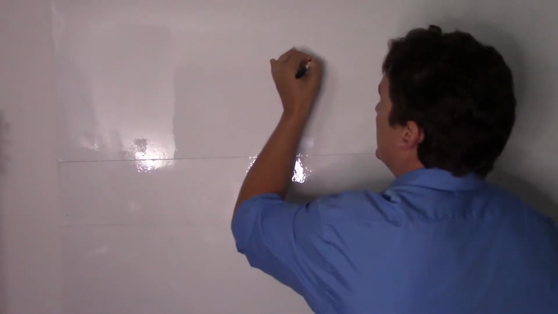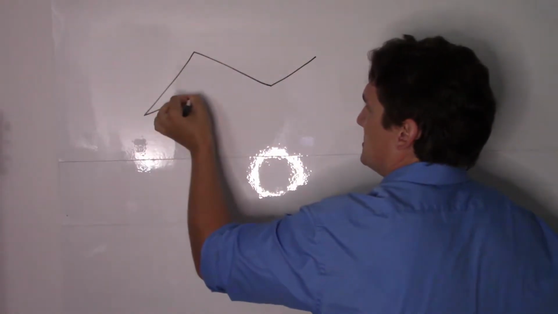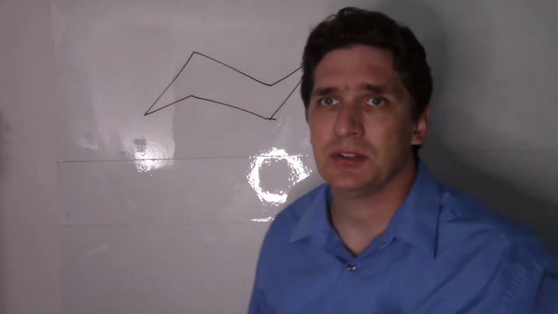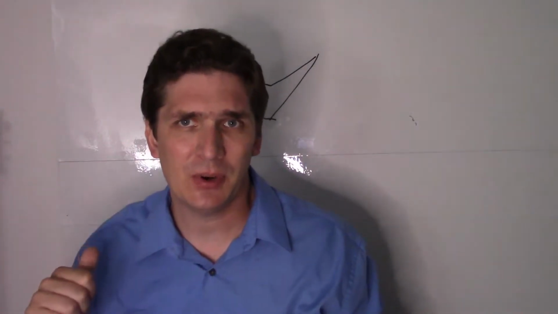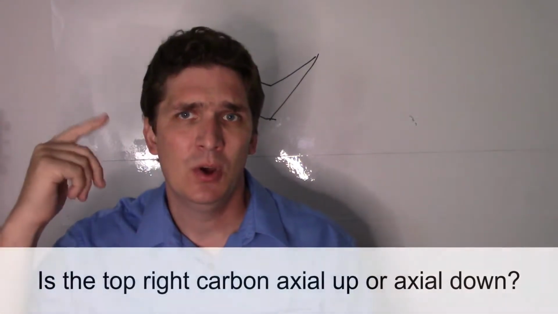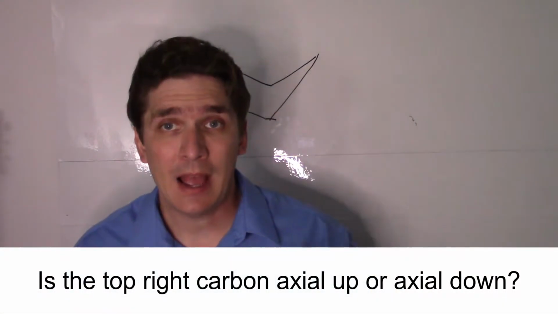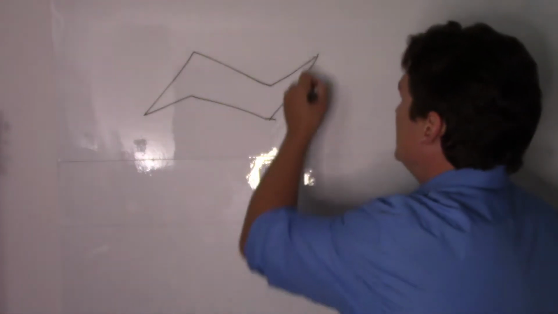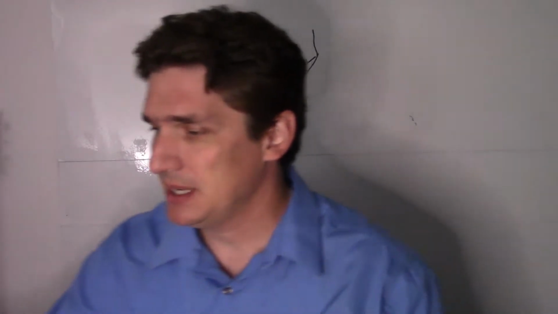All right, kind of a little nuance with these 2D stereo drawings. And I've definitely gotten questions about it both from instructors and from students. And so here's my short answer in response to when it comes to that first carbon, is the axial up or down? Now, the way I was taught it, the way I teach it, is that the first atom, the axial position, is up. And where this comes from